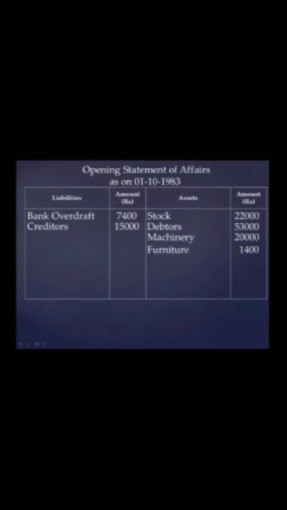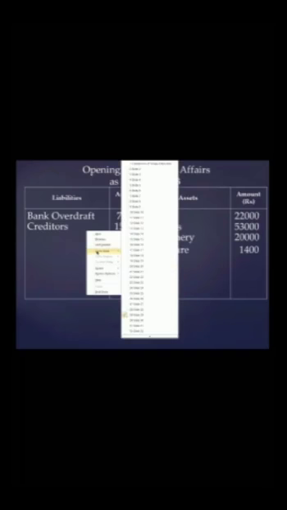These are the assets and liabilities. 1, 2, 3, 4, 5. Five items are taken from the second head, asset and liability. Bank overdraft is taken from the starting itself. Okay, you have to see where the opening balances are. You have to take all the opening balances of assets and liabilities or expenses. If there is an opening balance of expense, it is called outstanding. All the opening balances are to be taken in this statement of affairs. You have to search the problem fully. First point is completed. I'll go to the next slide for the